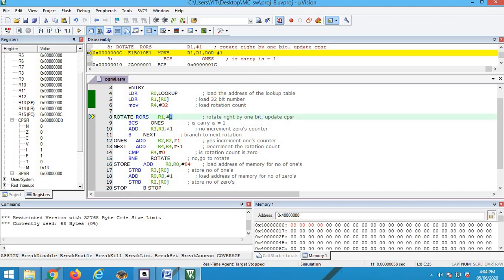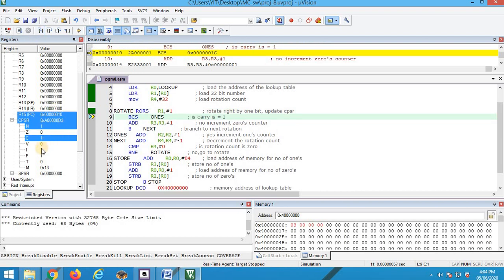So if you consider 3, you know that 3 is represented as 1 1. So the last 2 bits will be 1. So when you rotate, what happens? The bit which is shifted out is 1. Where does it go? It goes to the carry flag. So that's what RORS is doing.